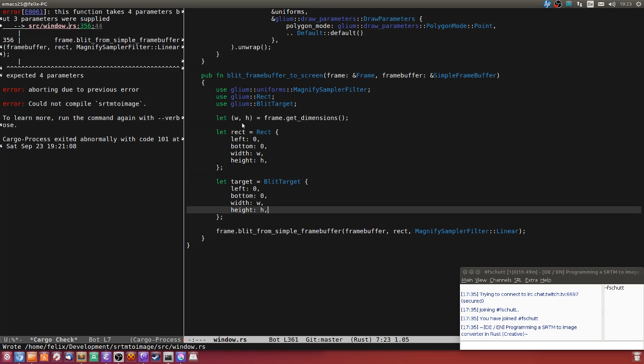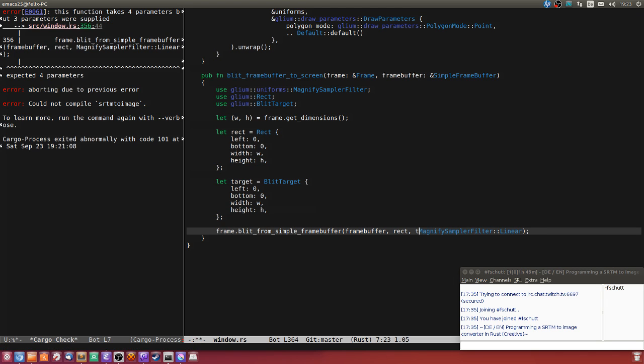Source, yes, target, source equals the rect,